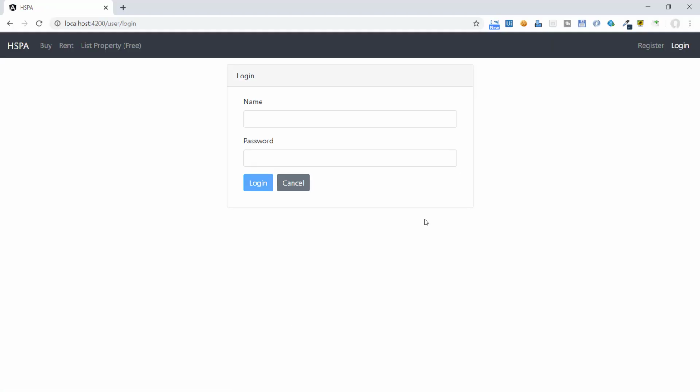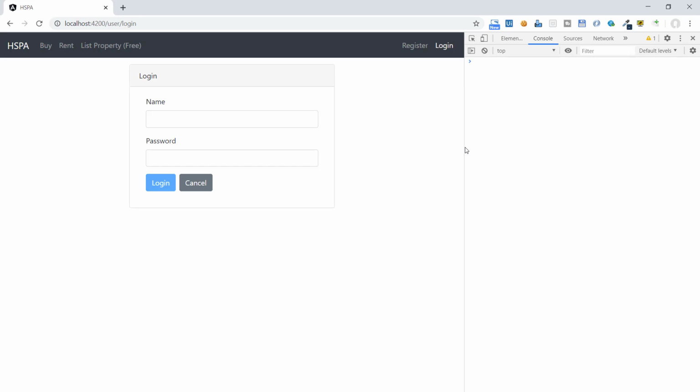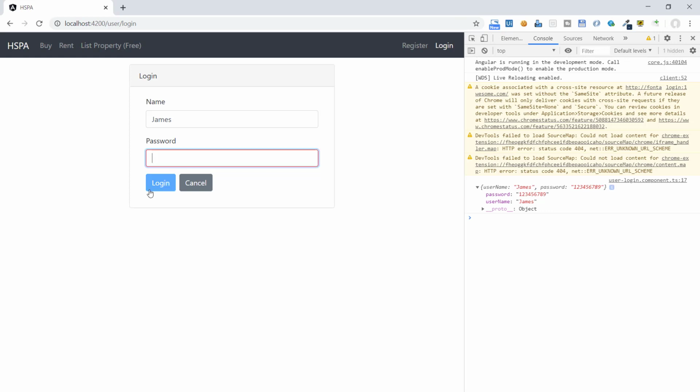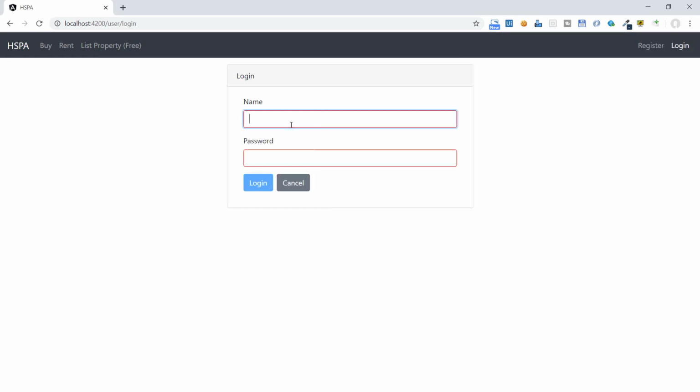So our login button is disabled as there is no value in required fields, and as soon as we provide some value in name and password, it's enabled, and on submitting this form we are getting value in console. I'm not going to display invalid error messages for each control for this form, and we will display just a generic message using Alertify in this component later in this video. And our global CSS is also working perfectly to add a red color if the value of name and password are not provided.